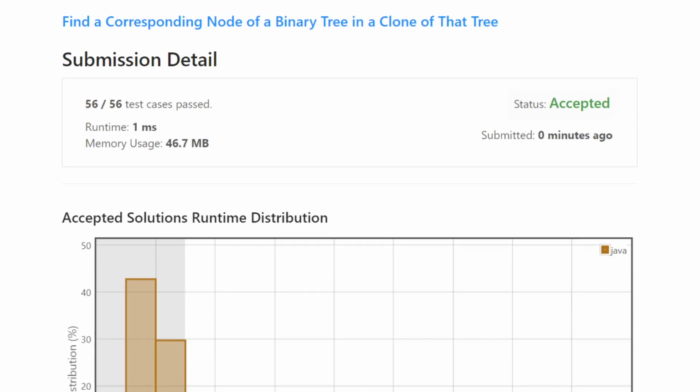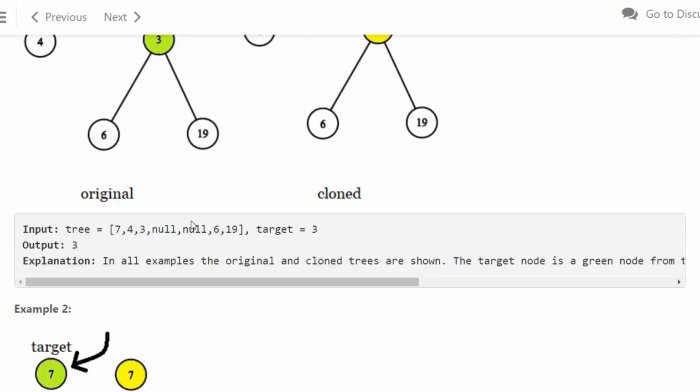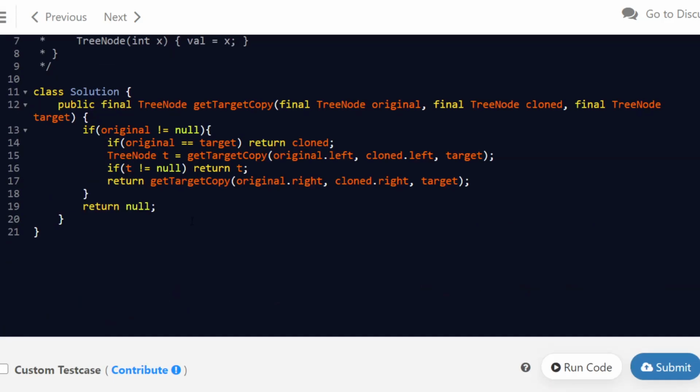You can get 0 milliseconds also. Finally, let's do it in Python 3.